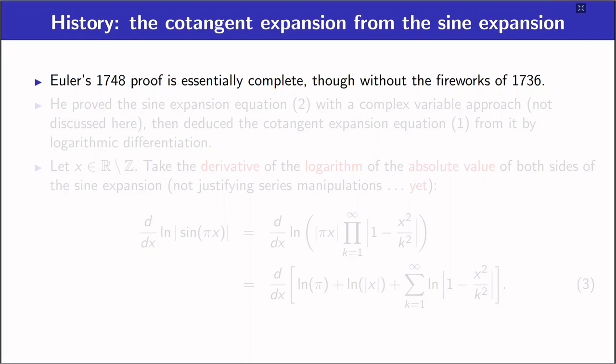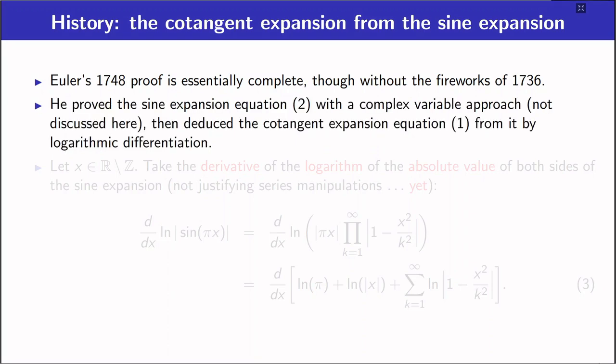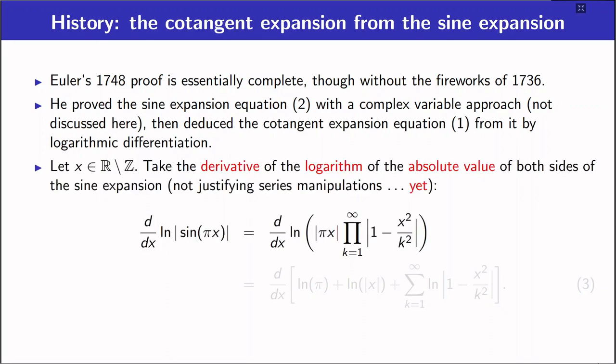Euler's 1748 proof of the sine expansion is essentially complete by modern standards, but it doesn't have the fireworks of his 1736 argument. In that rigorous proof, he develops the sine expansion with a complex variable approach that we don't really discuss here. Then he deduces the cotangent expansion from it by logarithmic differentiation. Let x be a real number that's not an integer. What we're going to do is take the derivative of the logarithm of the absolute value of both sides of